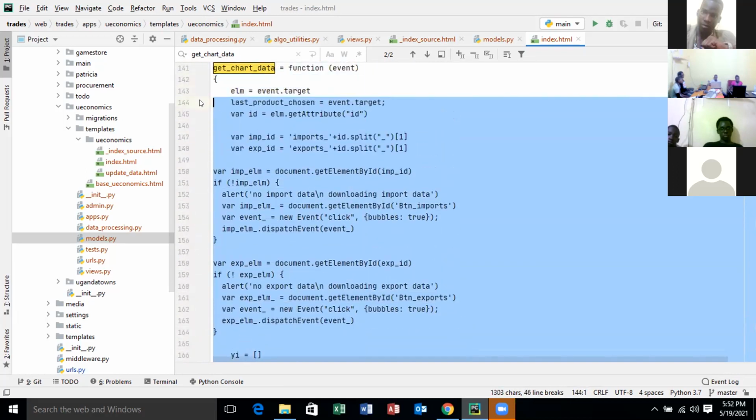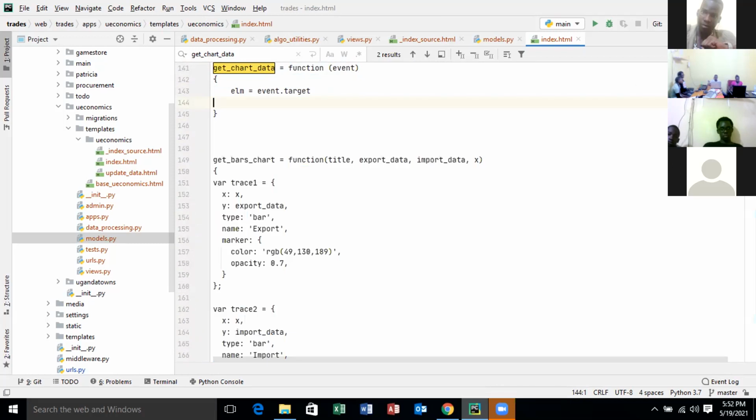I will kill everything, so almost. I will just leave this one, okay? I'll put it back. There's nothing in the function. It's not doing anything besides giving me the elm. And I'm going to do alert, and everybody should know that one by heart now. Elm dot outer